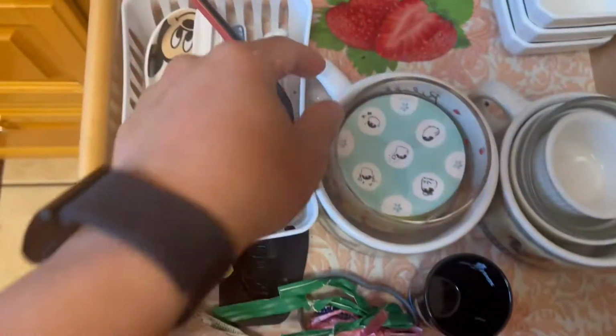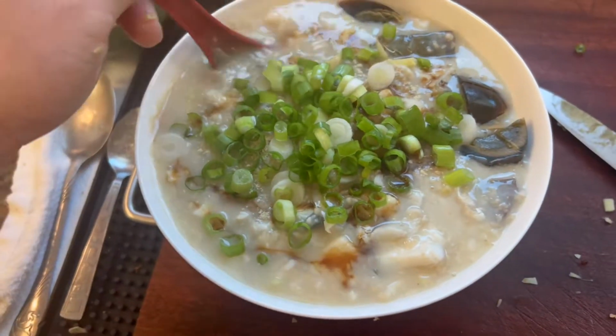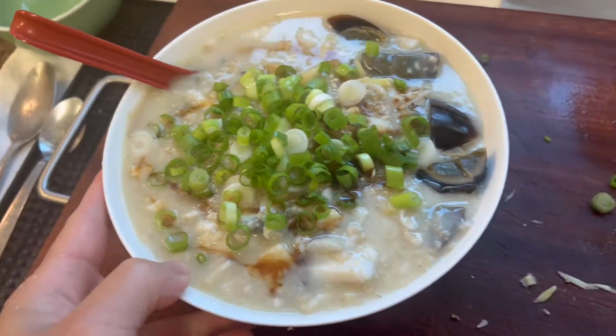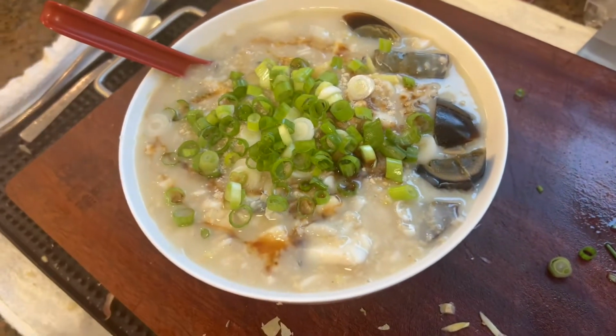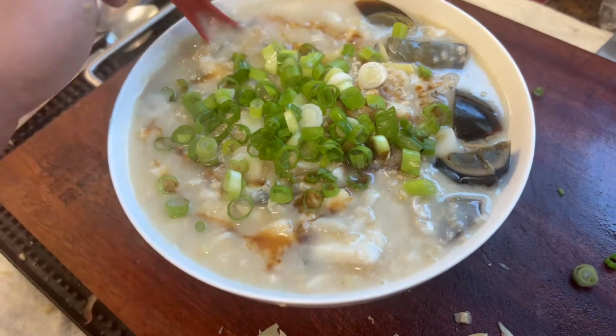Serve that with a porridge spoon. I like this one for my porridge. Bam. Look at that. See, now I take a picture of this to send to my nutritionist. Boom. He'll be so proud of me besides the